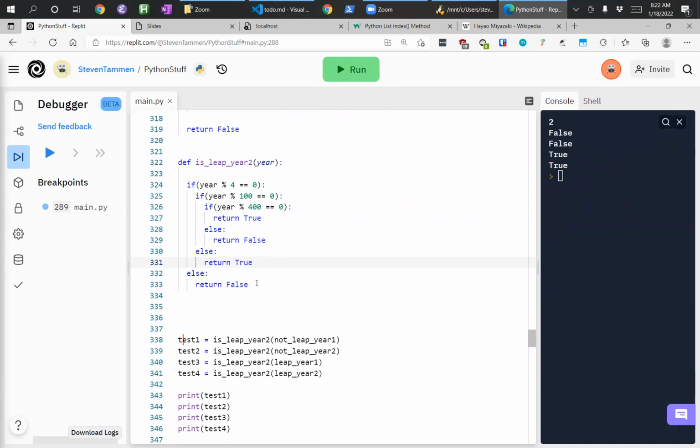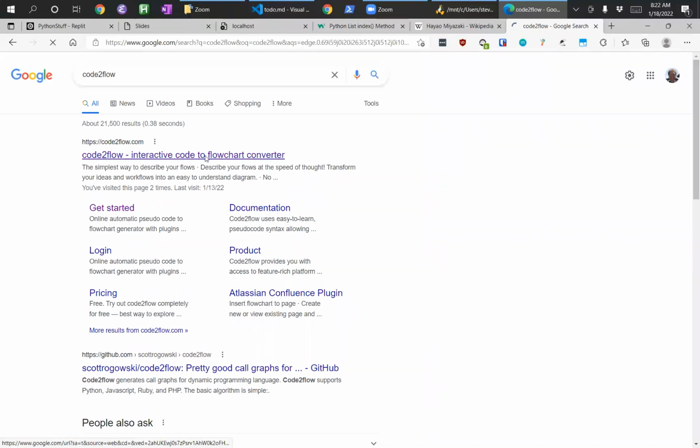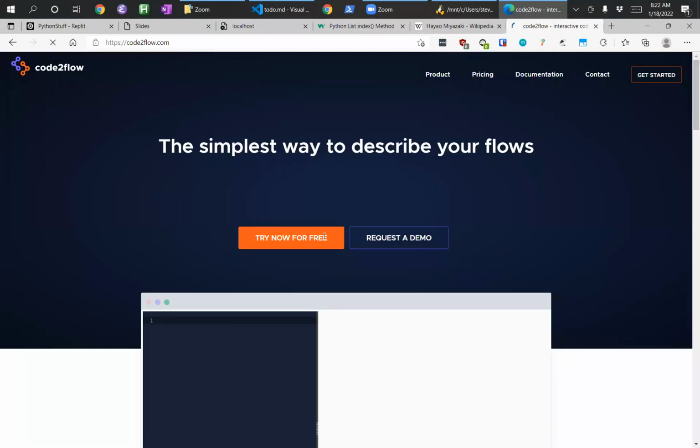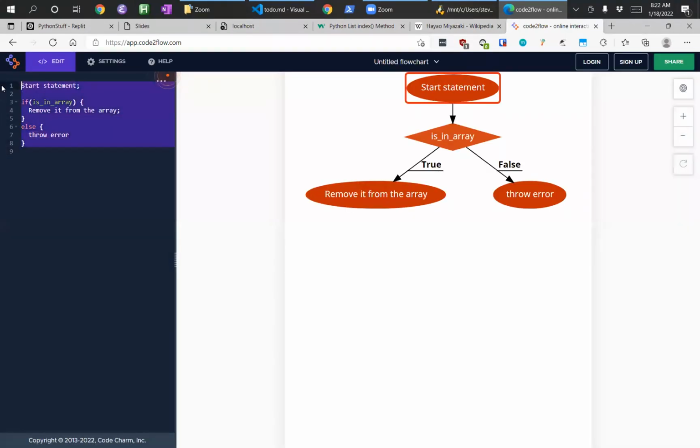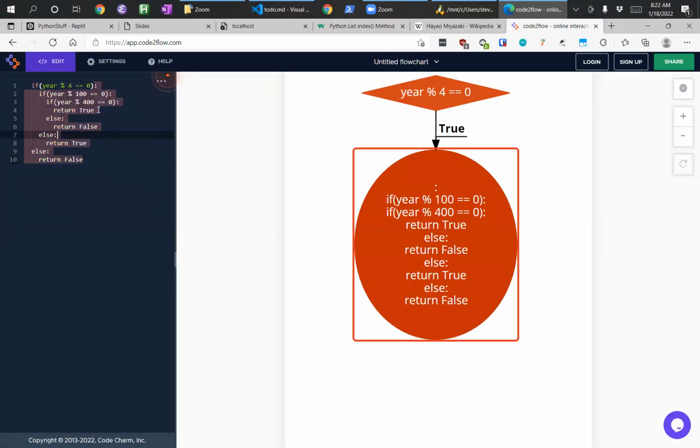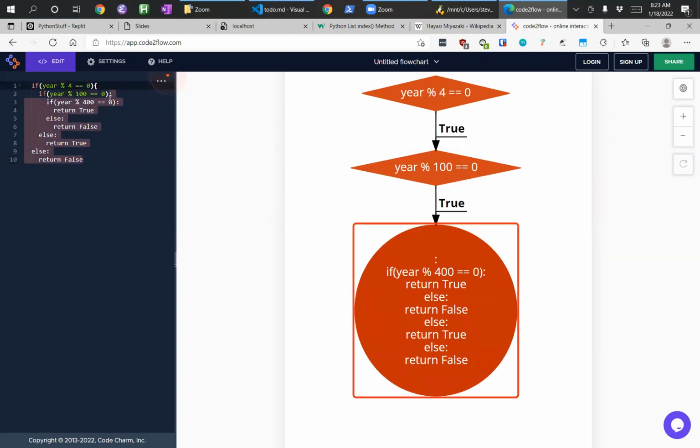Okay. You know, let me. Remember the website I told you about earlier that lets you build flowcharts from pseudocode? Let's build flowcharts with pseudocode. I think it's up here. Yes. Mm-hmm. So. Yes. Fortunately, it does require